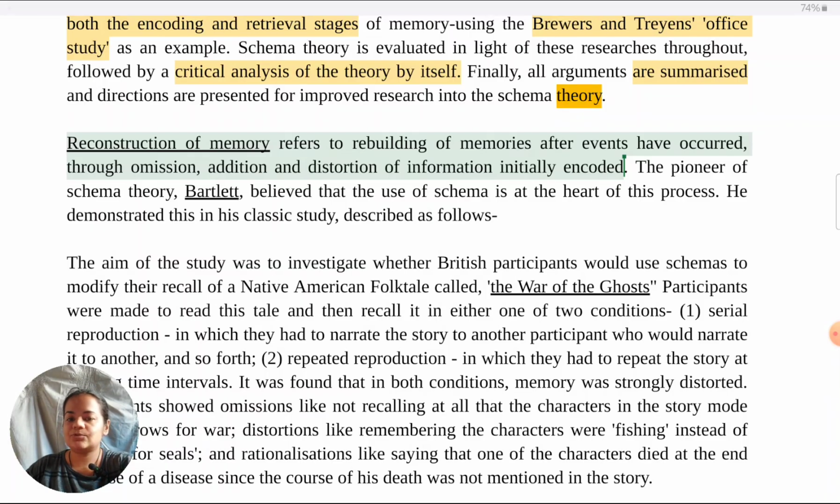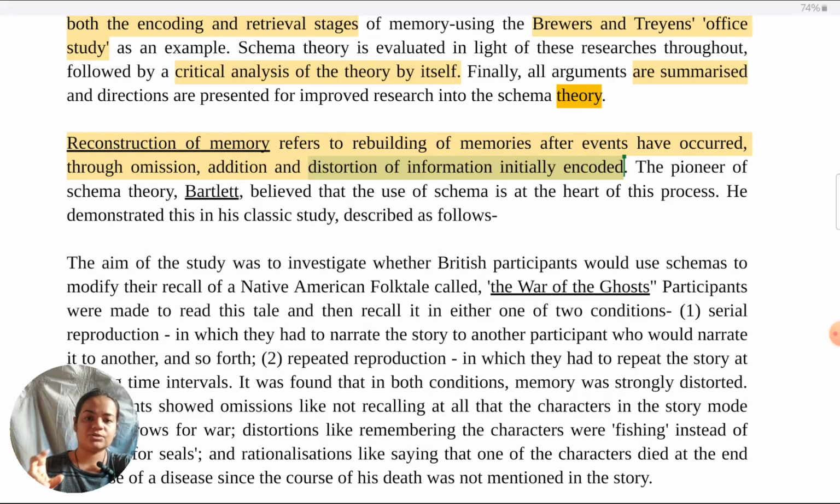Also look at the use of terminology. Using the words reconstruction of memory themselves is about terminology. Using words like distortion of information, encoding, terminology. What we mean by use of good terminology is literally using psychological terms. Instead of talking vaguely or casually, after an event has happened, then we change memories, or we alter the memories, we take in other suggestions.